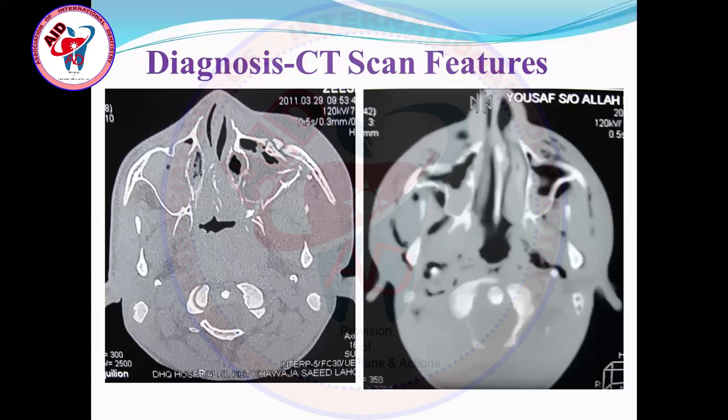Axial view, that is the horizontal view. Parallel to the floor, cutting the body into two equal upper and lower halves, and any plane parallel to this is also an axial plane. Or you can say a third definition, a plane parallel to the occlusal plane. And then for the coronal plane, if you cut the body into two equal halves, anterior